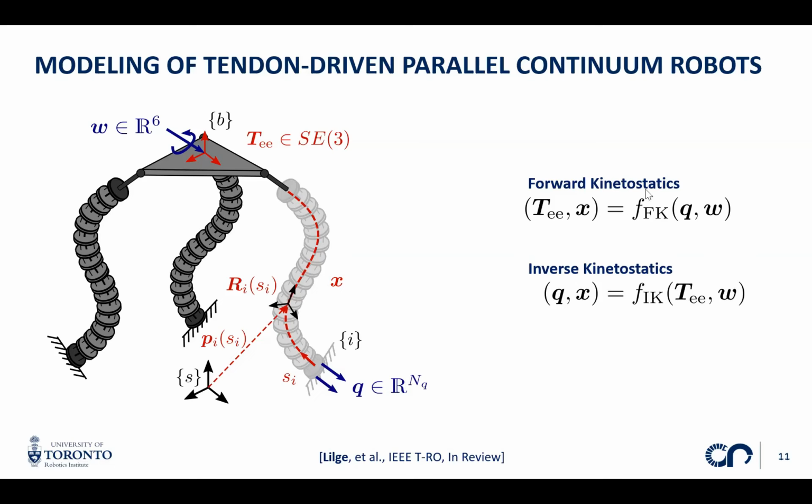Again, we know Q and W, and then we want to know the resulting pose of the end-effector, and we want to know the shape of each robot. So that's basically the forward kinetostatic problem. We say kinetostatics because we're considering kinematics and statics. What's important to note here is the model that we will discuss today is purely static, so there's no dynamic behavior. And the same way we can define the inverse problem. Let's say we know where the end-effector should end up, and then we can solve for the actuation values